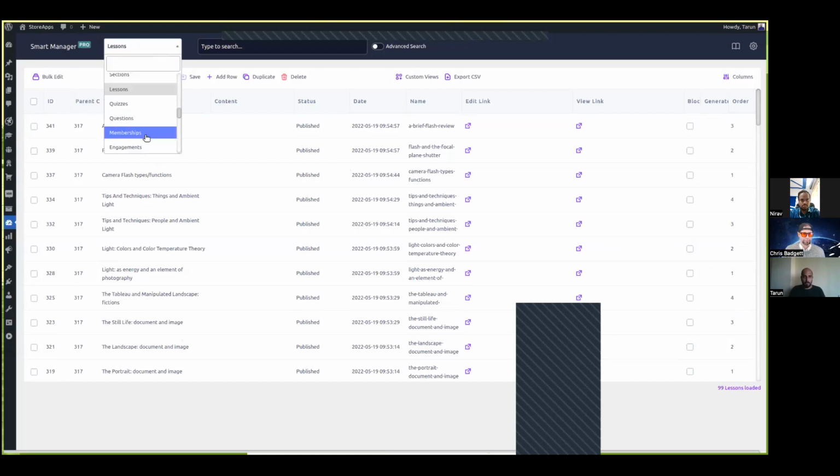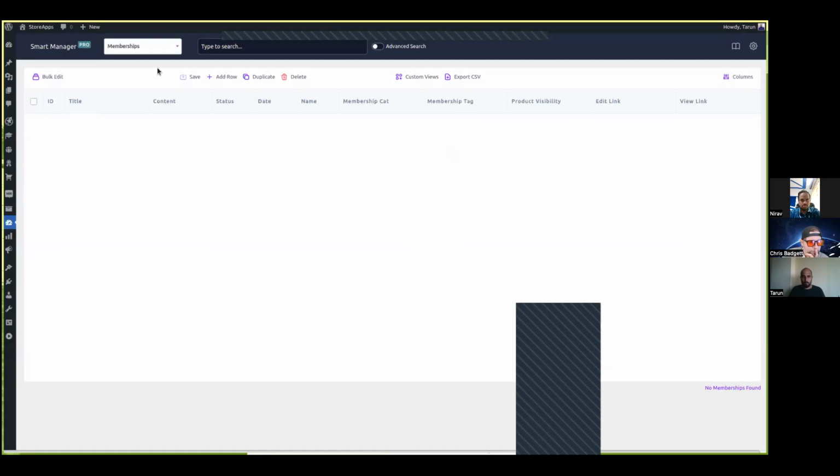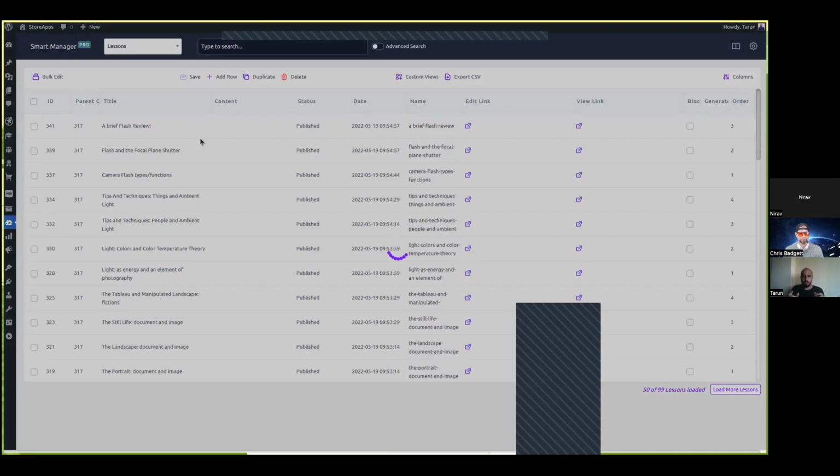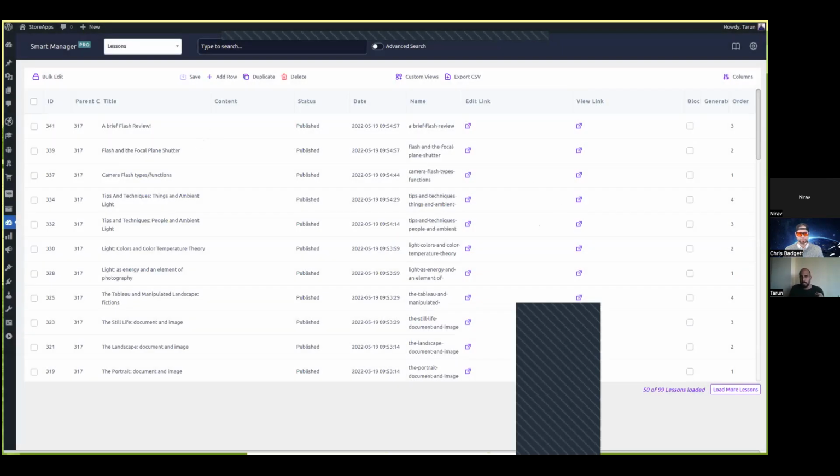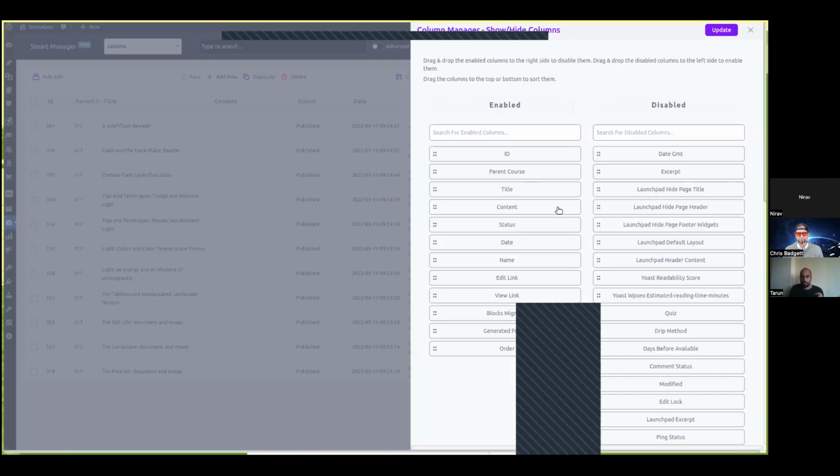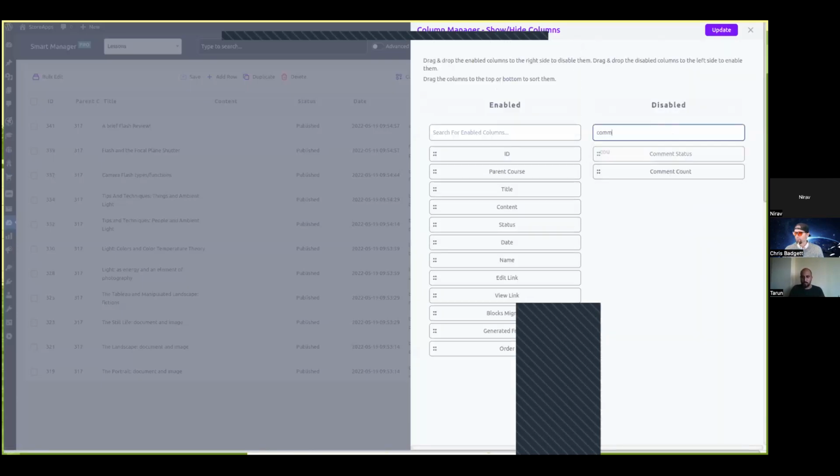And with regards to engagements and memberships, I have not created any membership as of now, but you can certainly manage things like this. Now, I would like to highlight one point. Let's say I'm going to courses, okay? Now I'm unable to see all lessons. I'm unable to see any field. I'm unable to see a column here. What I'll do is I'll go here, I'll click on this, I'll try to search for a column from here. Let's say I need to find a comment.